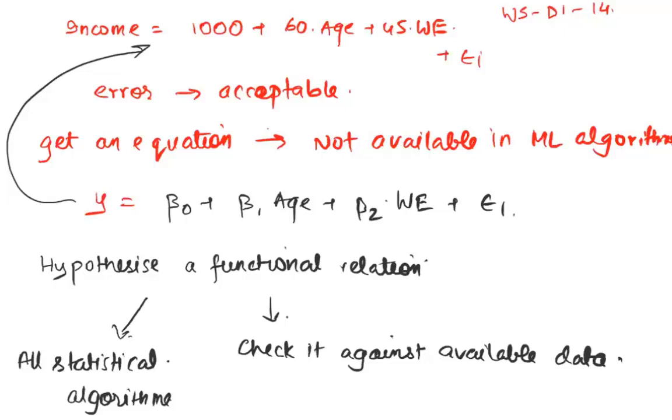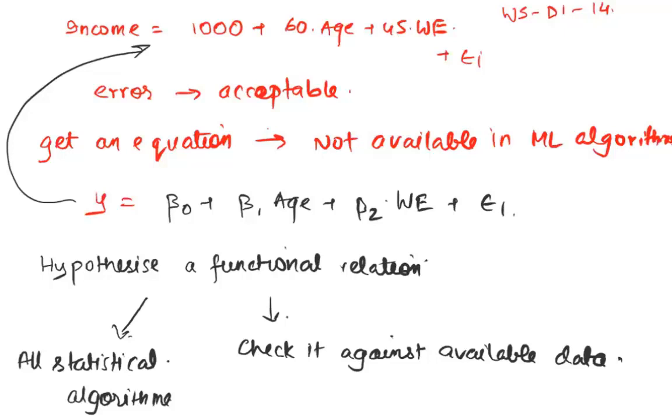In machine learning, it's not like that. There's no hypothesis, there's no assumption. You don't assume any functional relationship. You say that I feel these columns are related to each other and I want to understand if I can use age and work experience as independent factors to predict the value for Y, which is income. And I pass that data to the model. Different models have different ways of dealing with data, but the model figures out what that functional form is. That form in itself is so complex, there's nothing that you can do with it.